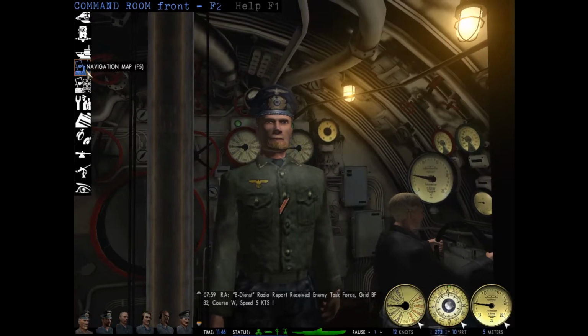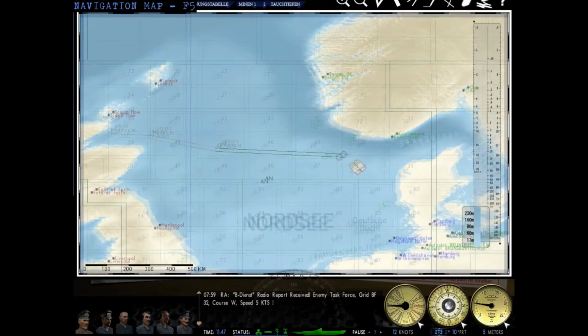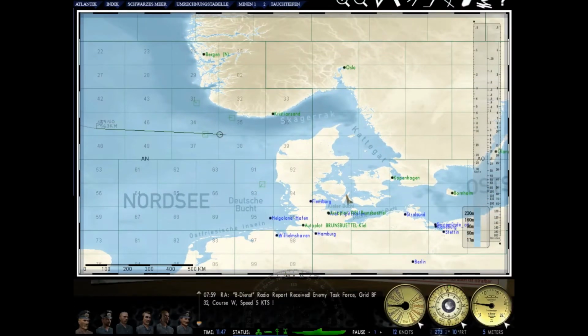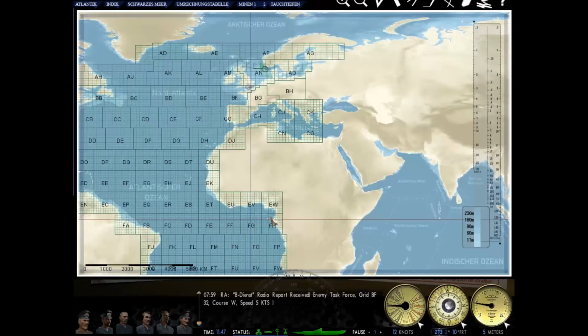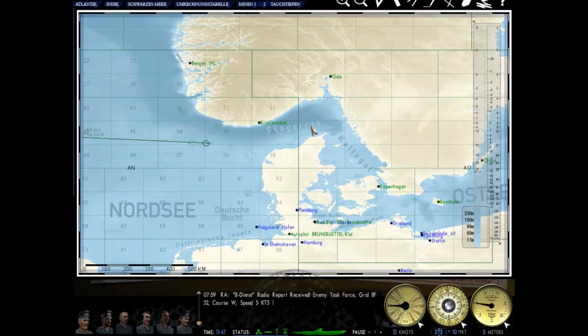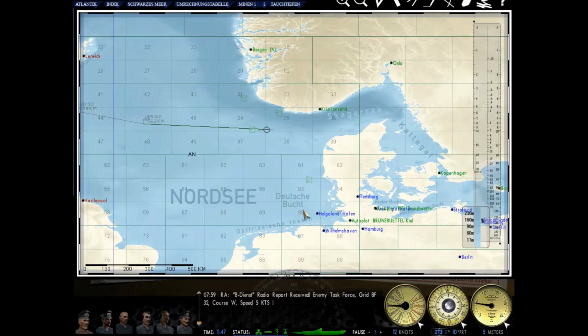October 5th, 1939, 11:47 AM. So far, we've made it out of what I would consider German-held waters. It is practically impossible for the Royal Navy to send any form of task force down towards Kattegat over here, towards these waters in this area, practically. We have made it into the North Sea, and